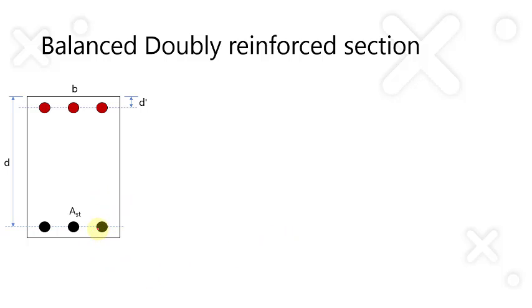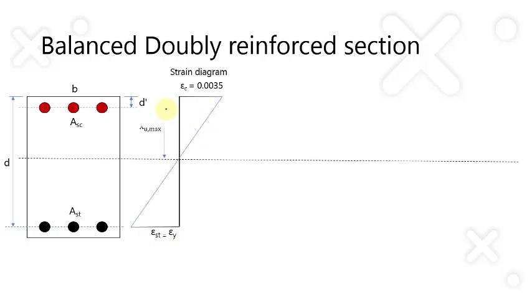We have tension steel as well as compression steel. We will plot the strain diagram for it. At ultimate limit of collapse, you will be having ultimate strain in concrete, while the strain in steel, if it reaches the yield strain value, this will result in a limiting neutral axis depth. So in a balanced doubly reinforced section, we are limiting the neutral axis to maximum neutral axis depth or limiting neutral axis depth. We'll try to find out what is the strain in your compression reinforcement.